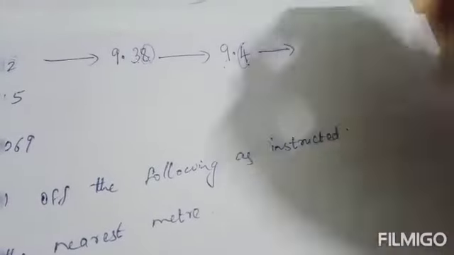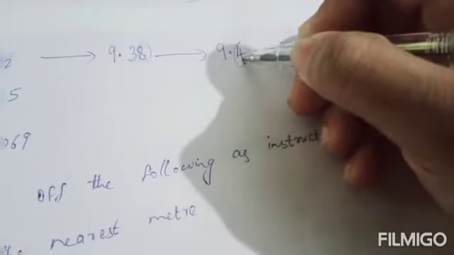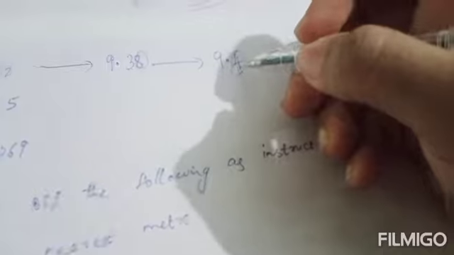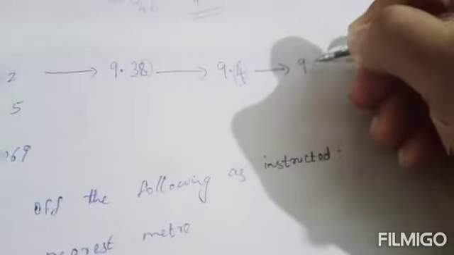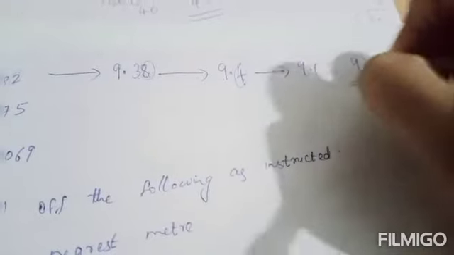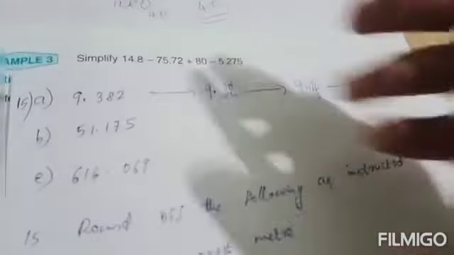So the ones place digit will remain the same and this 10th place digit, replace it by 0. So 9 itself you can write, 9.0. 9.0 means it is 9 only. Okay, so the answer is 9. Next B,